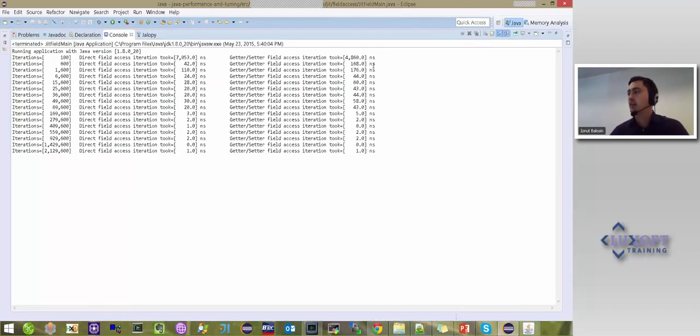Here, after the first 100 iterations, in the case of direct field access, I have an iteration that took 7,000 nanoseconds, which means 7 milliseconds, and with the getter and setter access, the iteration took slightly